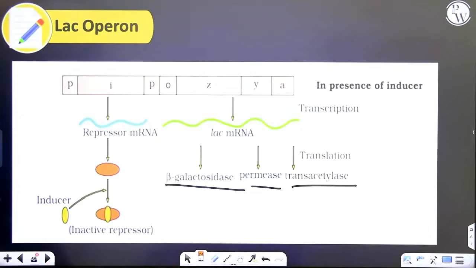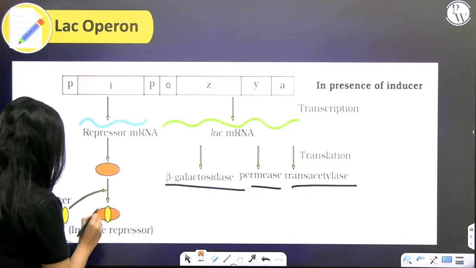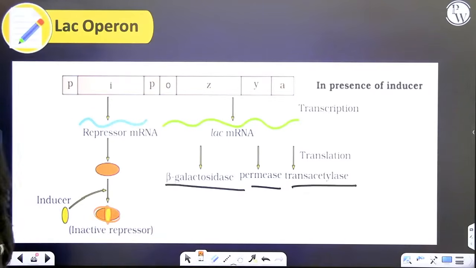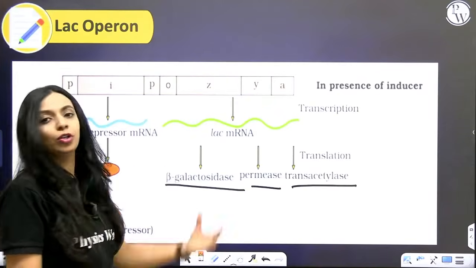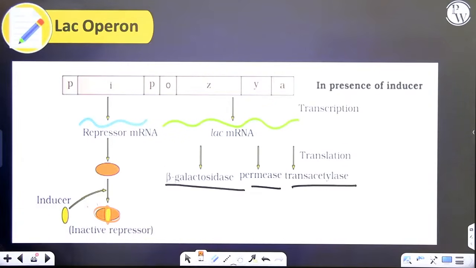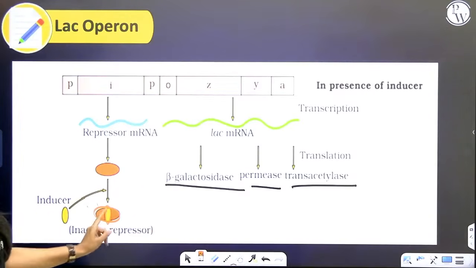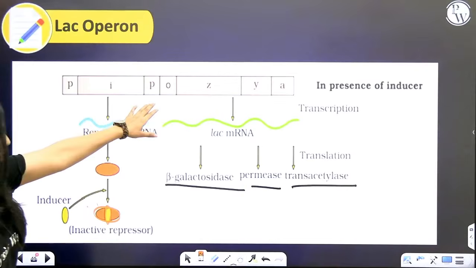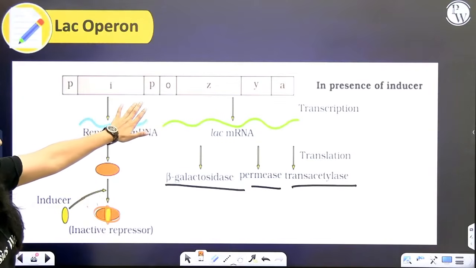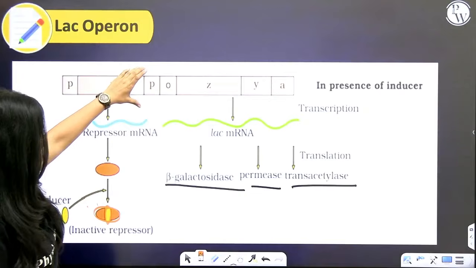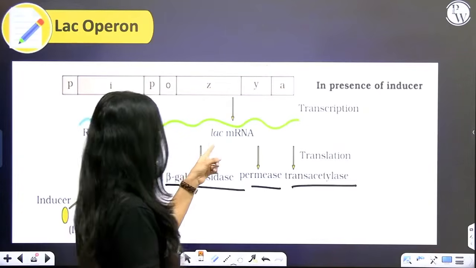What would happen if lactose is there? Lactose will bind to the repressor if lactose is there. The binding of lactose to the repressor will inactivate the repressor in such a way that it will no longer be able to bind to the promoter. Just when these enzymes are required, when lactose is there, lactose itself will inactivate the repressor. Now that there is nothing blocking the operator, the RNA polymerase will bind to the promoter here, transcribe the mRNA,